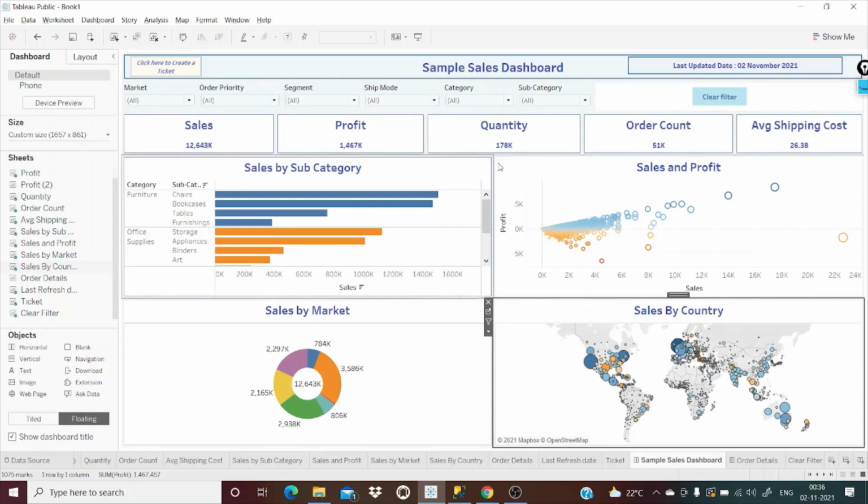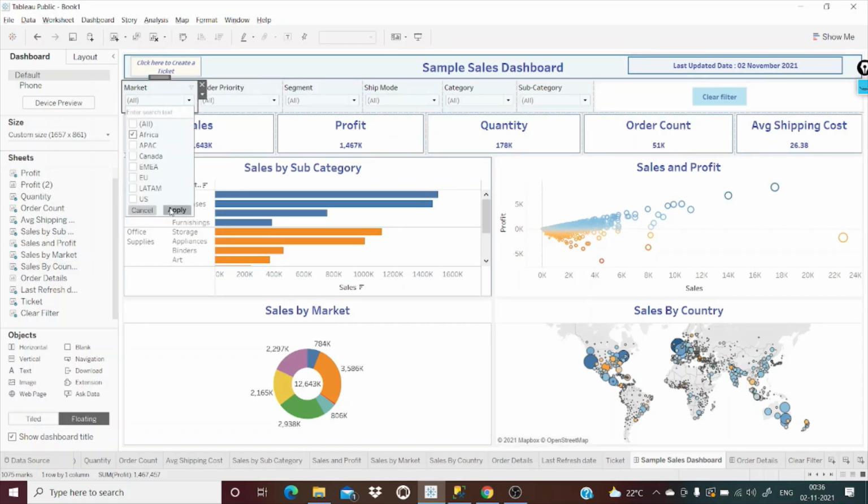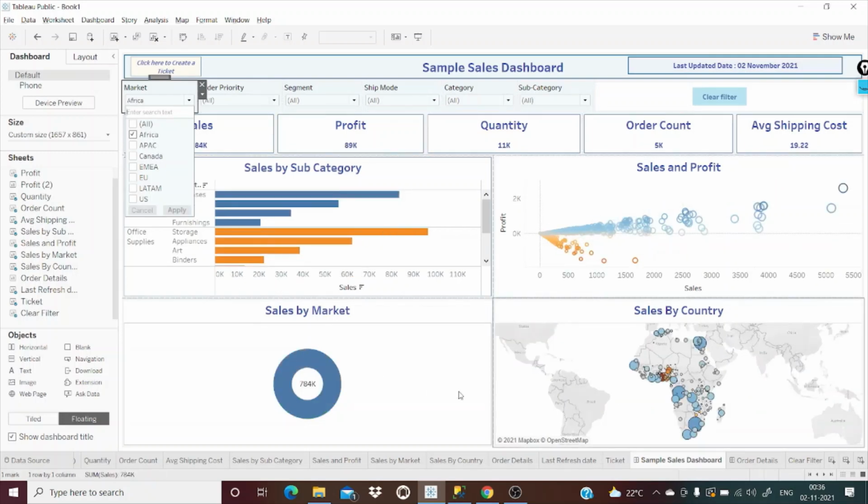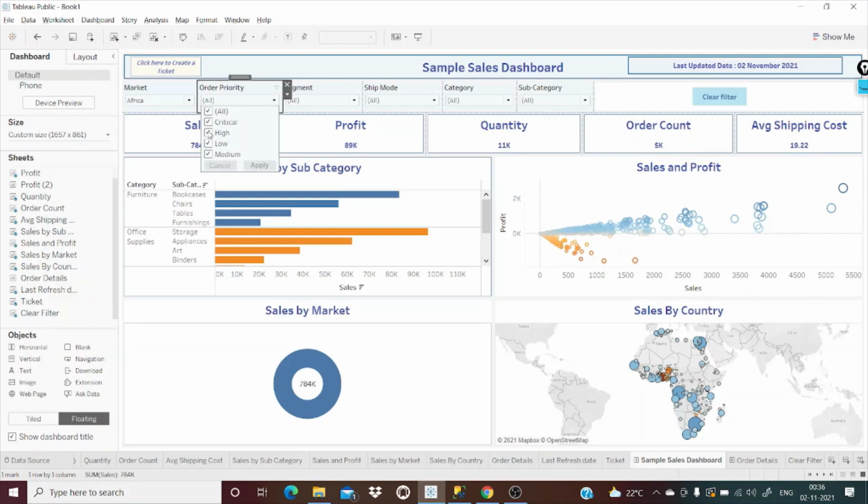So this is the final Tableau dashboard which we'll be creating, and it is very simple. The moment the user clicks on any of these filters, it will affect all the other dashboards present here, like order priority.